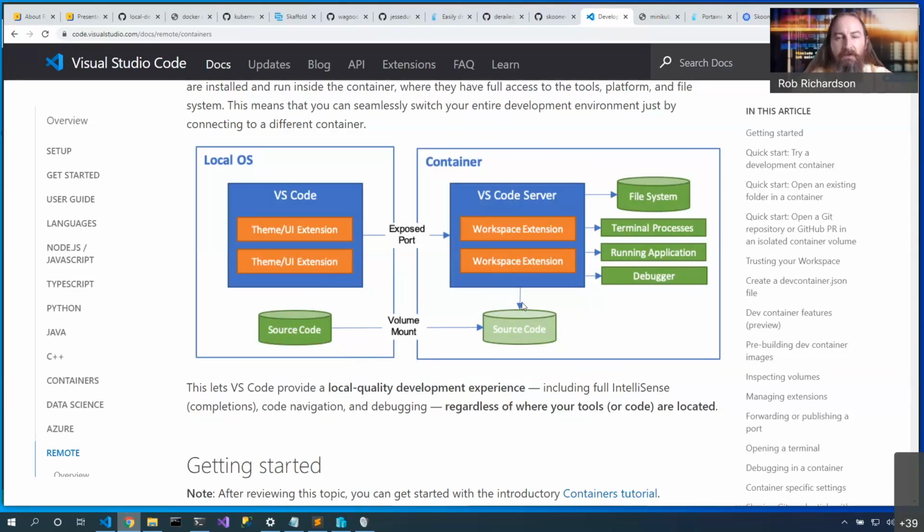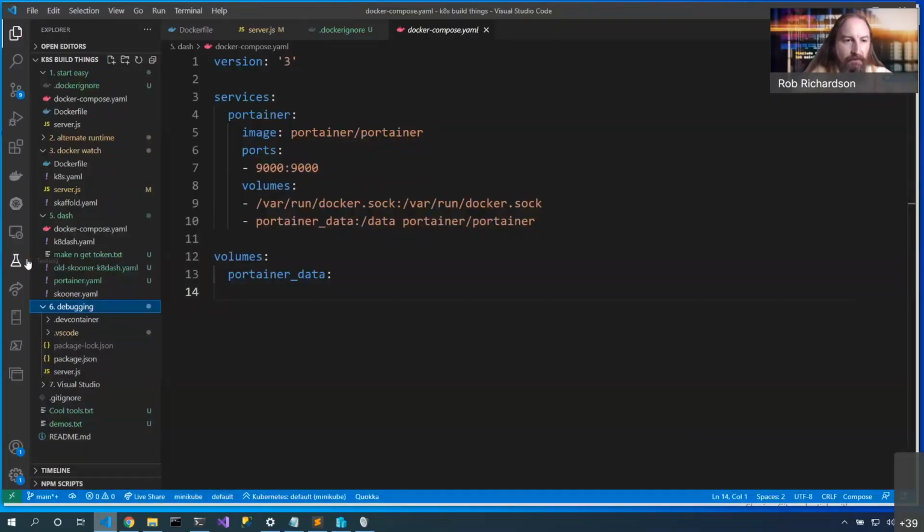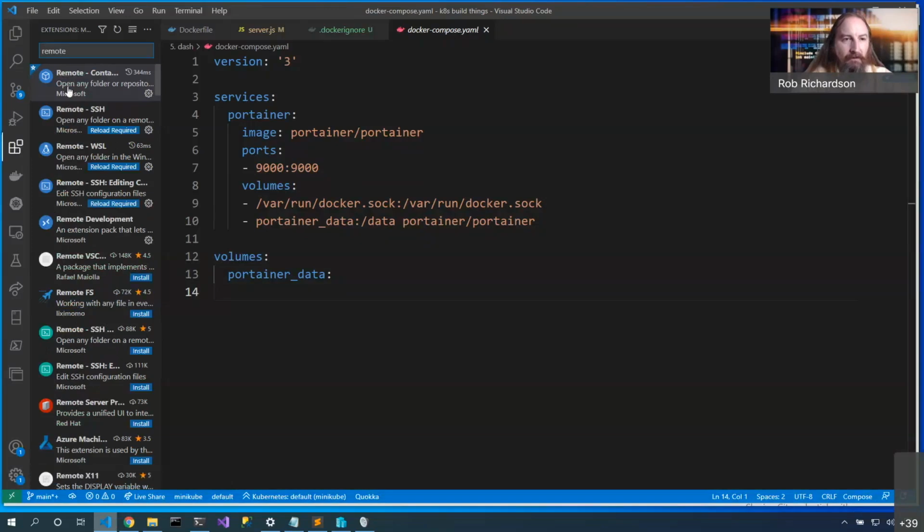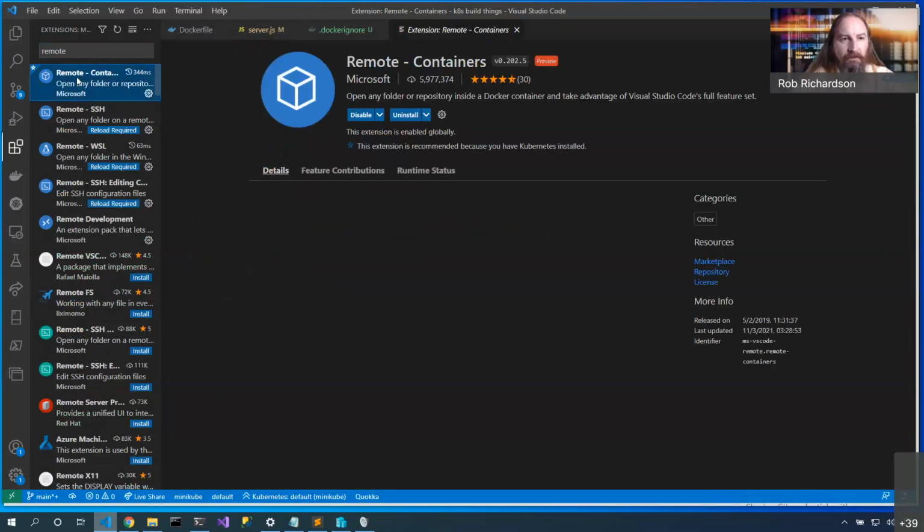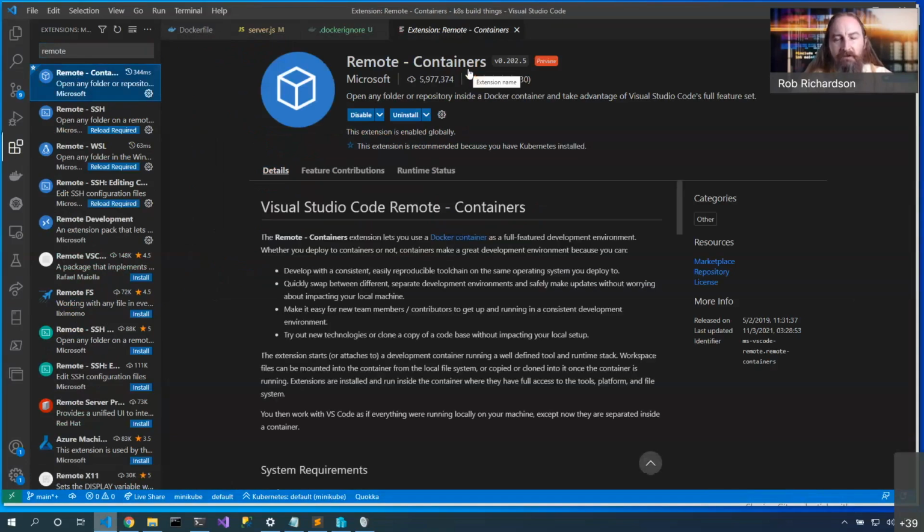Now that we've got VS Code split in half, we can work on our code locally and be able to get advantage of content that we may not have installed on our local machine. Now, the first step is to come in here to extensions and go look for the remote extension. Now, here's the remote containers extension, which very specifically powers containers.